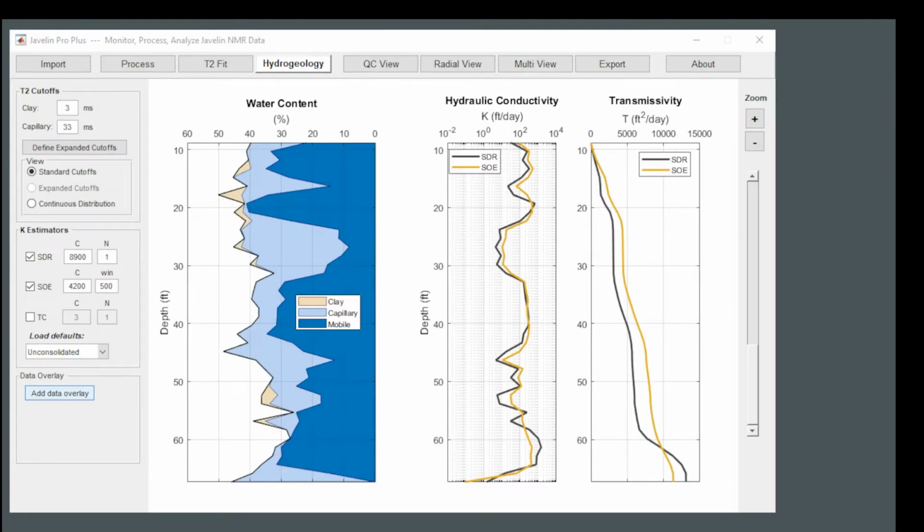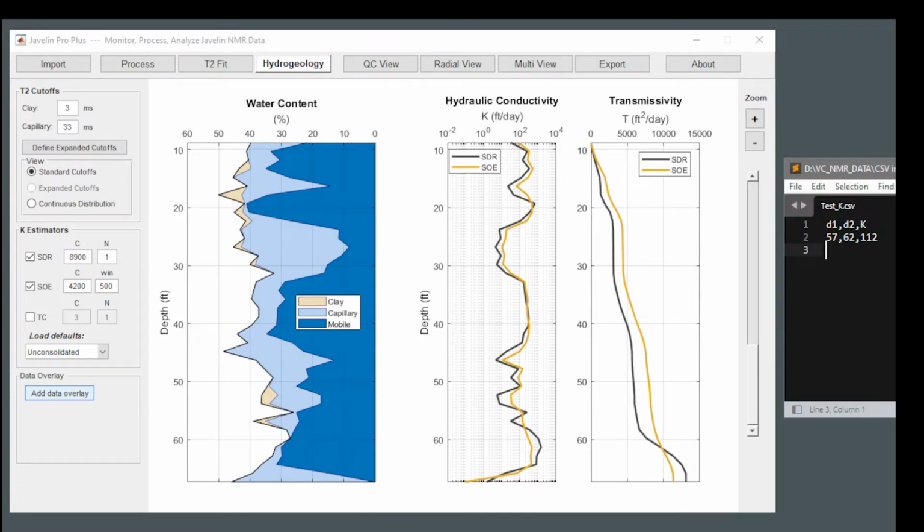In Javelin Pro Plus, it is possible to perform site-specific calibration of estimates of hydraulic conductivity. This can be done using results from pump testing or slug testing. Let's suppose that in the well shown, there is a screened interval from 57 to 62 feet, and that this has been pump tested to show a flow rate of 112 feet per day. We can import this file,